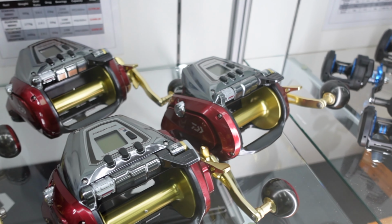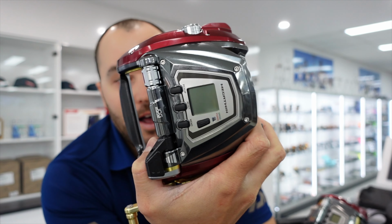Some of the features with them is that they're actually 2-speed. So it's the only electric reel on the market that is 2-speed. It's got a high gear and a power gear. So when you hook a fish down deep, you can actually put the reel into power gear and you have a lot more torque to get the fish up. When you're checking baits, you can run the reel in high speed. You'll get about 150 meters, 160 meters a minute. And then in the low gear, you get about 50 to 80 meters a minute, which is pretty good